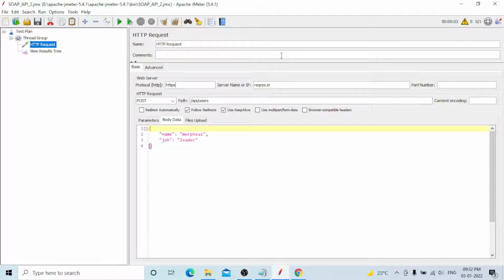Not only JMeter, all software is the same. Sometimes, from some projects' point of view, it does not work with the newer versions; only old versions are supported, for example 2.8, 2.9, 3.0, 3.2. At that time you need to use those versions also. That is why you need to practice with both old and new versions once or twice. Only then will you get better knowledge and better practice.